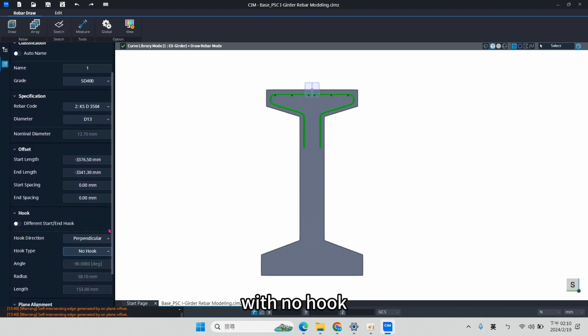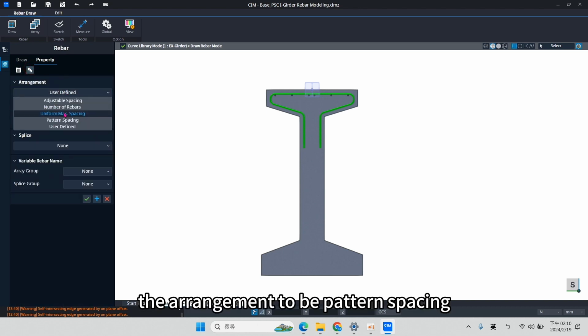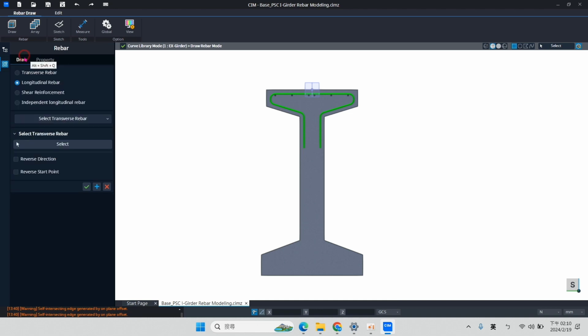Yeah, no hook, and the arrangement to be pattern spacing of 175. Like this part.